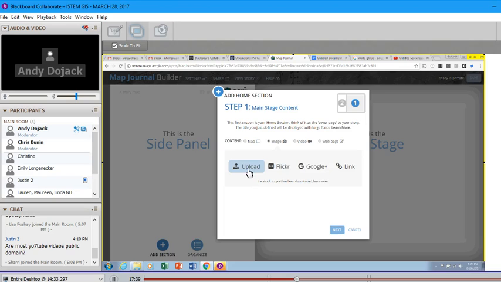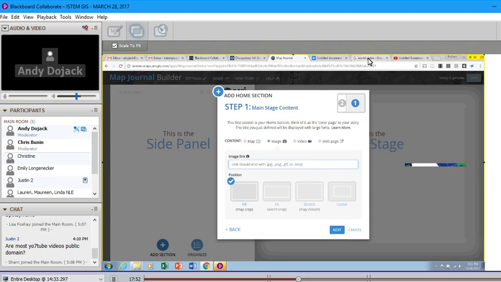So they don't actually have to be web hosted for this, whereas in the actual map making process, they do have to be web hosted. For the story map, they can be pictures from your desktop. We're going to use a link though, so I'm going to click on a link, and I went out and